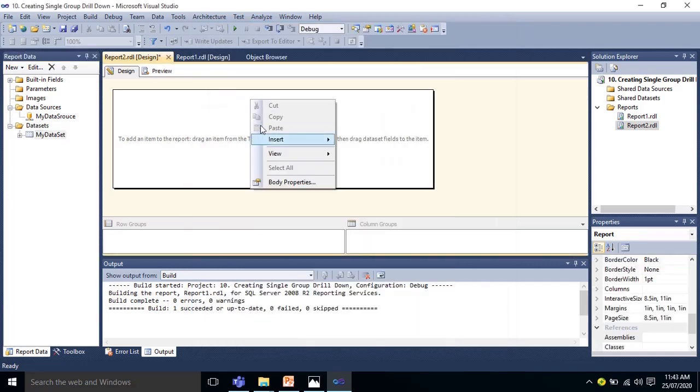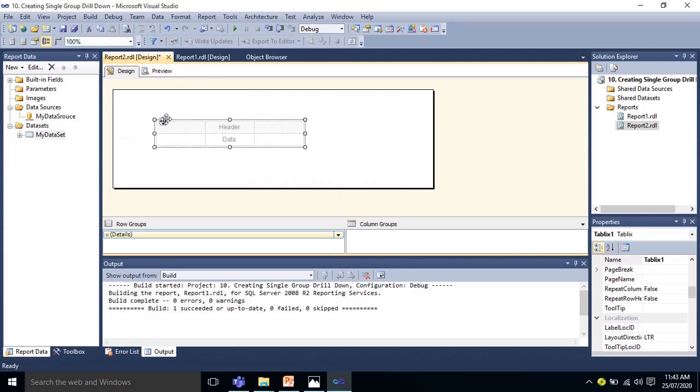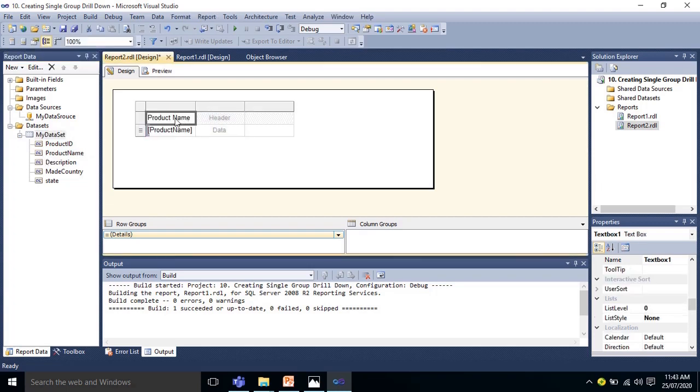Right click on this, insert table. Now to create the stepped report or group by report, we should have one column which we are going to group by. Let me drag product name, description, and product ID. Now we have to add a group component here. There are two ways actually.